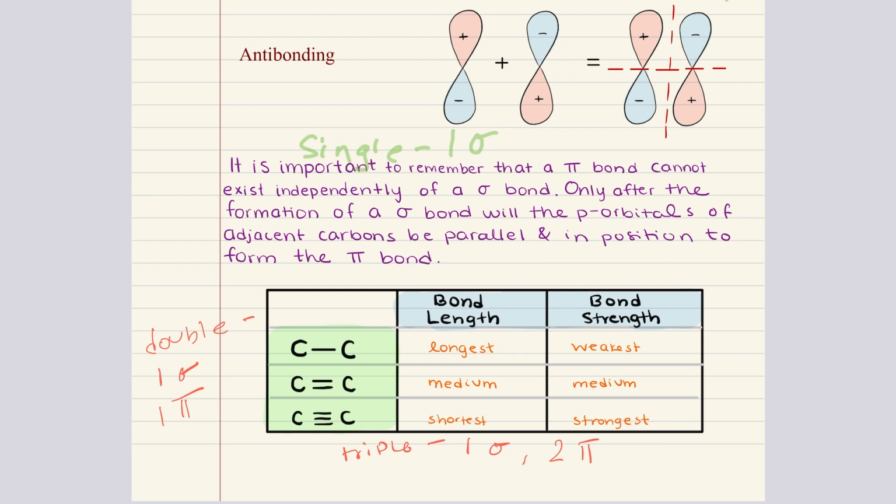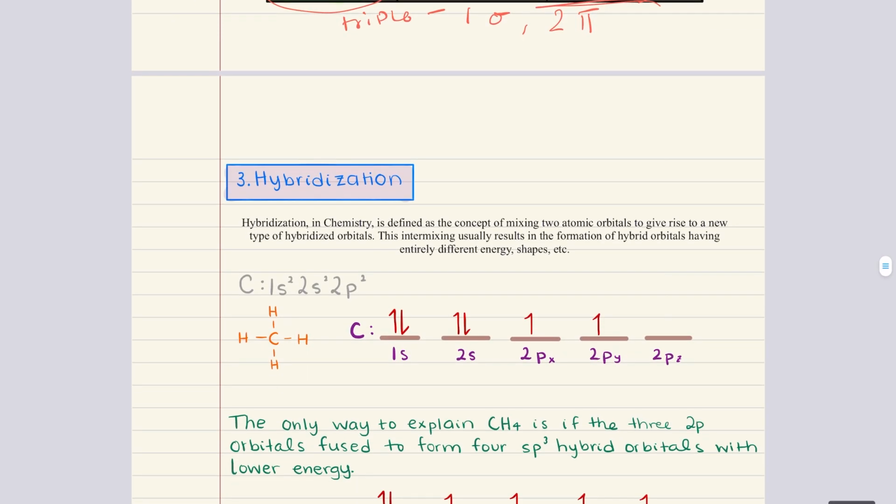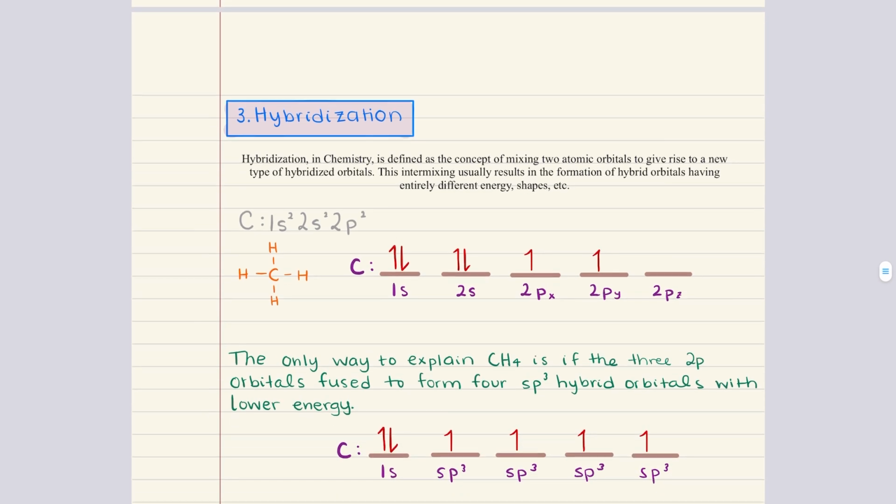But then the presence of additional pi bonds in double and triple bonds is going to lead to shorter bond lengths and stronger interactions. So in summary, a single bond is going to be the longest and the weakest, since there's only one sigma bond. Double bonds are going to be shorter and stronger than single bonds, and that's because they have one sigma bond and one pi bond. And then finally, triple bonds are the shortest and the strongest because they contain one sigma and two pi bonds. With that, we've completed objective 2, and we can now cover our last and final objective,